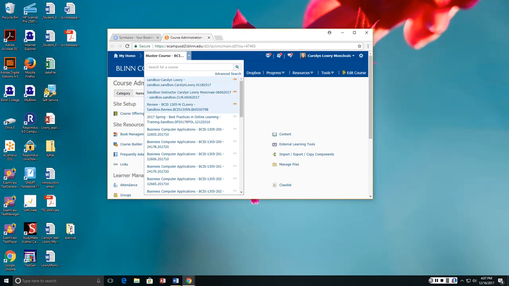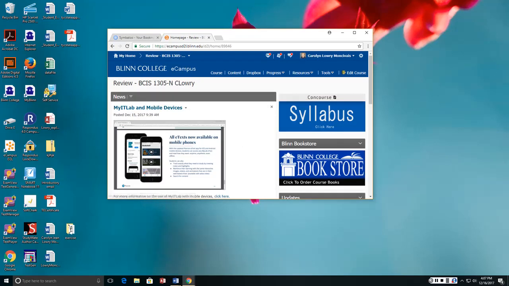I really strongly urge you to go ahead and get Symbaloo and get all your shortcuts put on it. And in that first Getting Started unit, there is a link to a video to show you how to do it. So I go to this course, I go to Content,